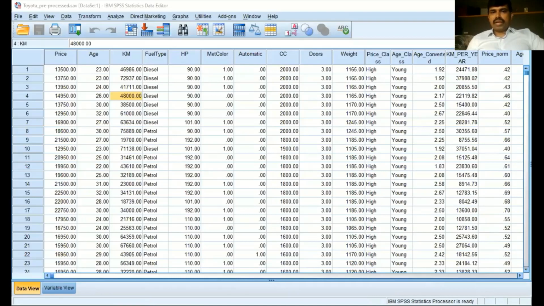Just remember, and percentiles also, wherein the 50th percentile is 9900, which is similar to your median value of 9900. So if you have numeric data and have to get summary statistics of the numeric data, just go to Analyze, Descriptive Statistics, then Frequencies, select all the numeric data and then go for it. So you are able to get all these statistics for numeric data. So let's go to